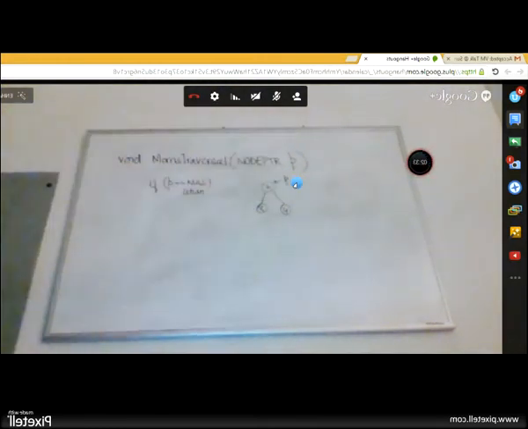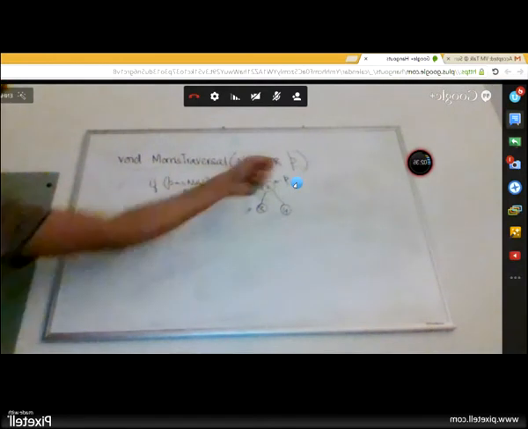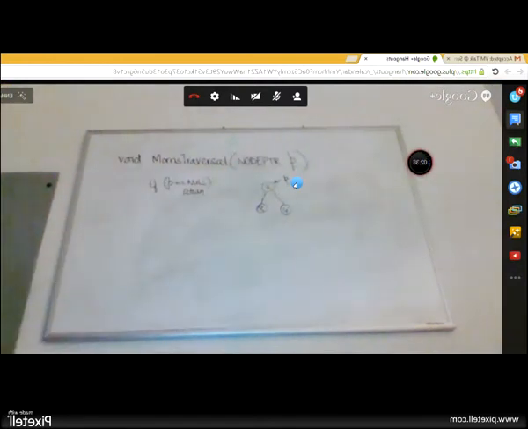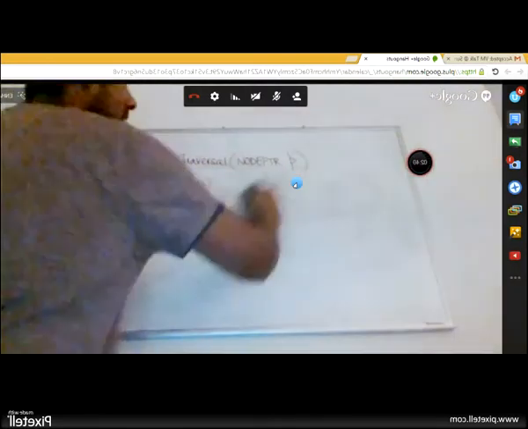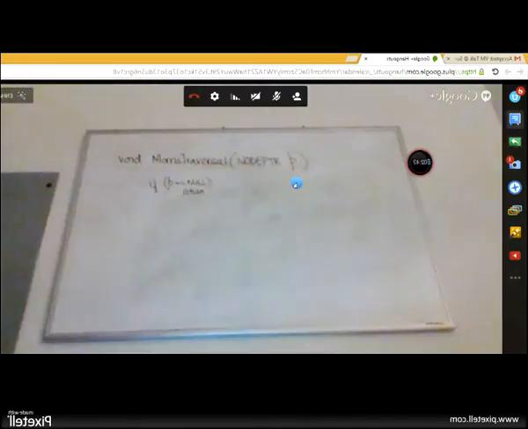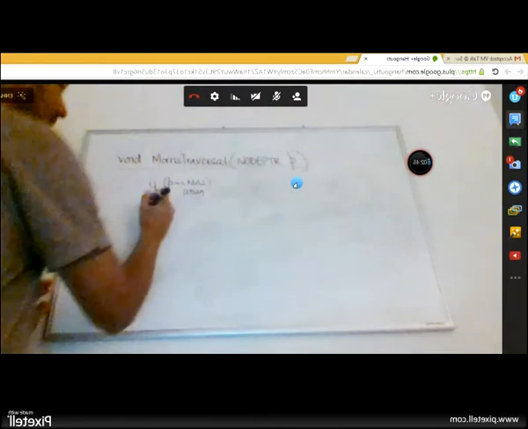Keep a copy of the parent. So somehow I need to latch on to this guy before I do anything else, before I go into finding the in-order predecessor and printing.